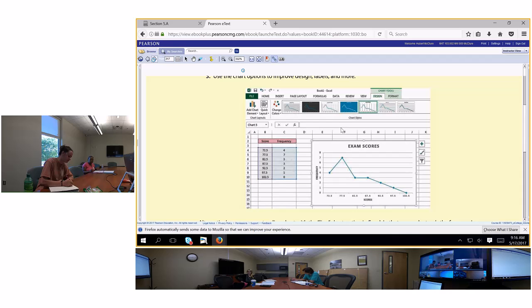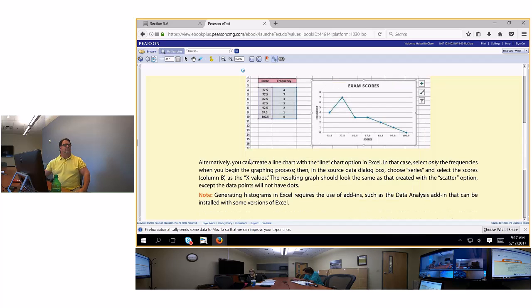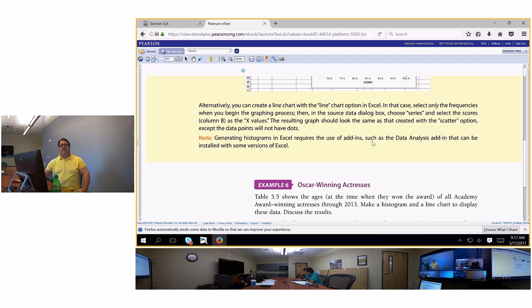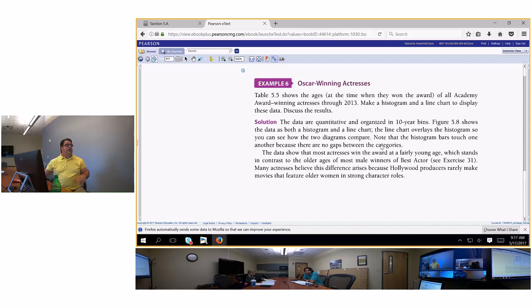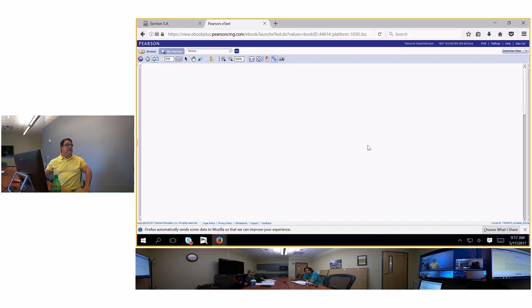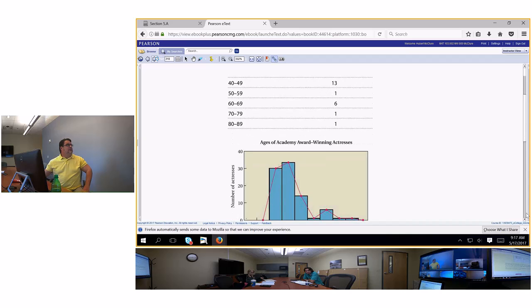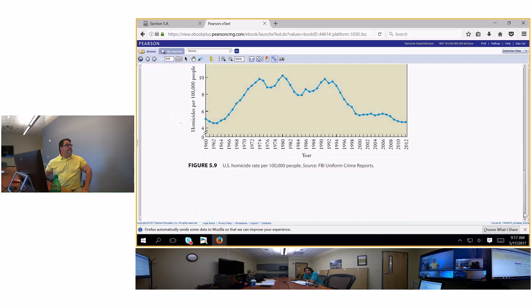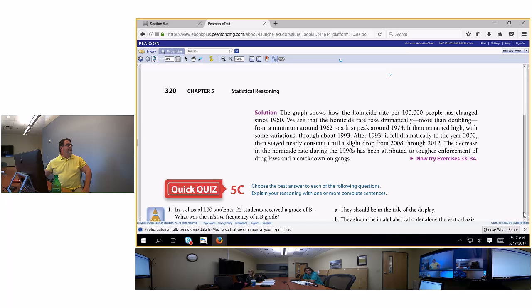I'll show you how to do this in Excel when we get to the math section. I'll show you how to do the charts in Excel if you don't know how to do it. That's just for your knowledge. It's not that you have to use Excel. It's just something that I do to try to help students out. I'm just looking to see if there's anything else important for y'all for the test.